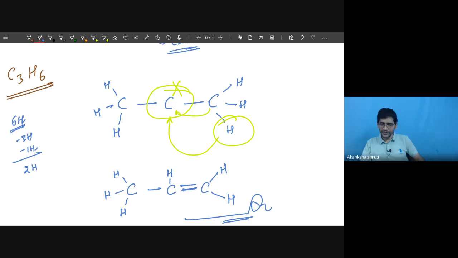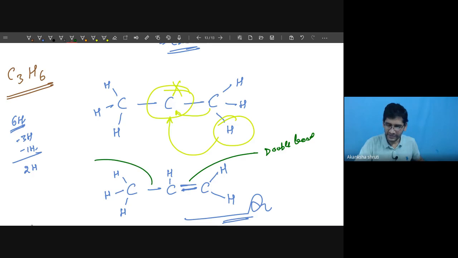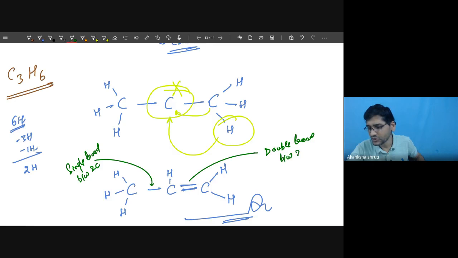Here we observe that between 2 carbons there is a double bond. So write down a few remarks here. Double bond, and between these 2 carbons there is a single bond. This is the single bond between 2 carbons. Here a double bond between 2 carbons. And these are the single bonds between